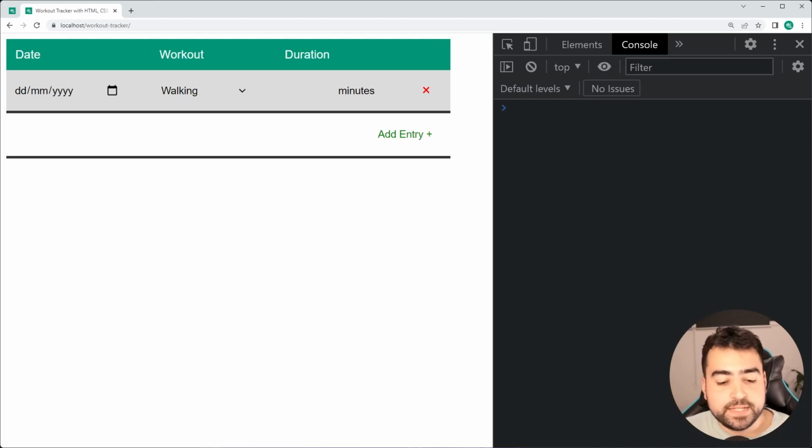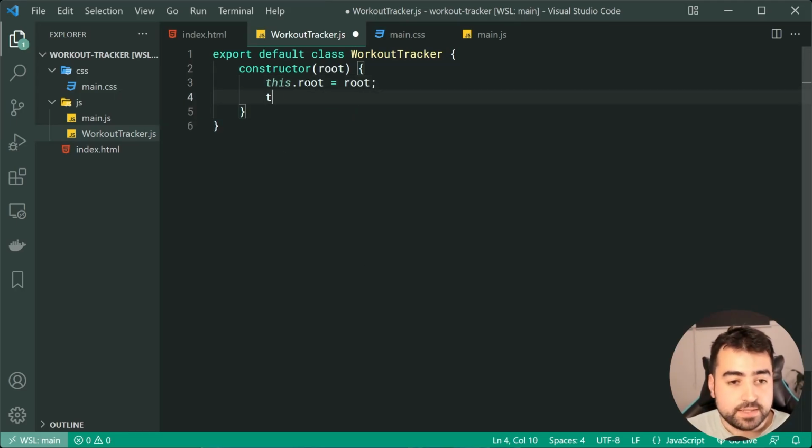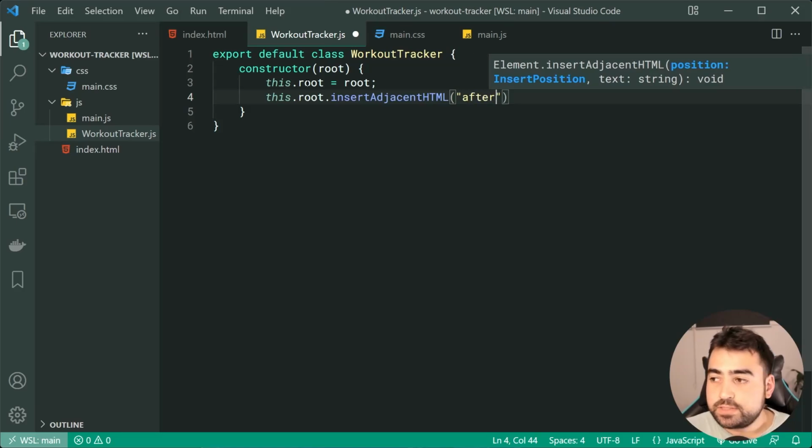So now we can begin to, of course, implement some code inside the constructor. So the first step here is going to be to hold a reference to the root elements. The reason for this is because we want to be able to do things with the elements inside there as we move on to the rest of the code. All right, so we can say here, this.root is equal to root, hold a reference to it. And secondly here, this.root.insertAdjacentHTML. Okay, so we're going to be inserting some HTML into the div. All right, we're going to be doing that afterbegin. So basically as the first element of the div itself. Okay, then we're going to say